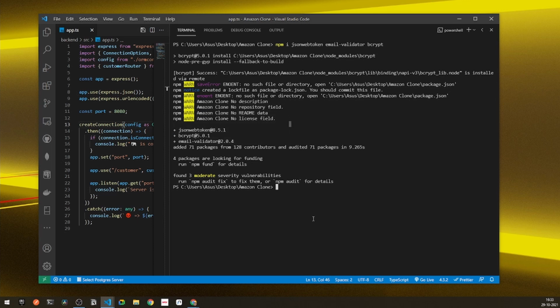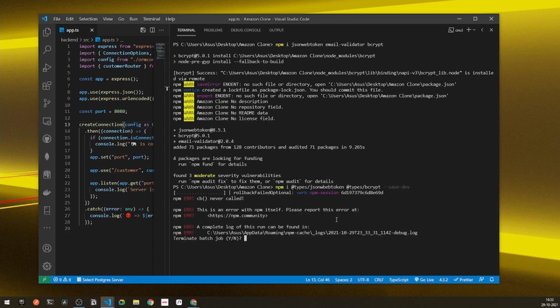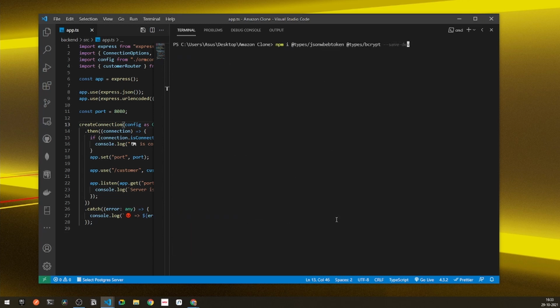So you can see here, I got my packages installed. After this, I will also be requiring some types for them. So here I will simply write npm install @types/jsonwebtoken, and also one more thing for bcrypt. So here simply write npm install @types/bcrypt --save-dev and simply press enter. Alright, so I have got a bad spelling as usual. The spelling of everything will be jsonwebtoken. So I have missed the double E here. And yeah, so simply press enter one more time.